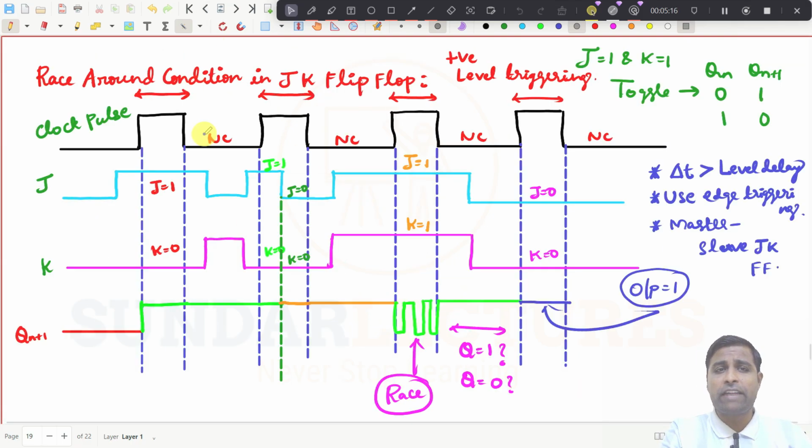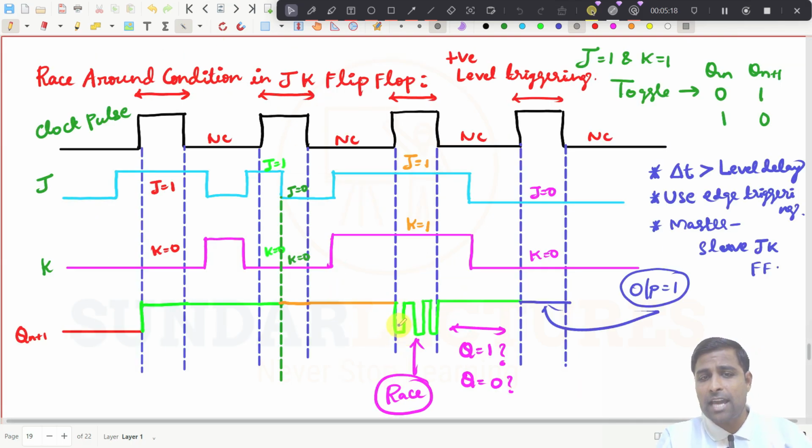So what is my point? I've already told you this timing, right? It is changing from 0 to 1. So again it is J is equal to 1, K is equal to 1. So it is coming from 1 to 0. Again J is equal to 1, K is equal to 1. It is going to 1. So there is a delay here. There is a timing here. This timing is a